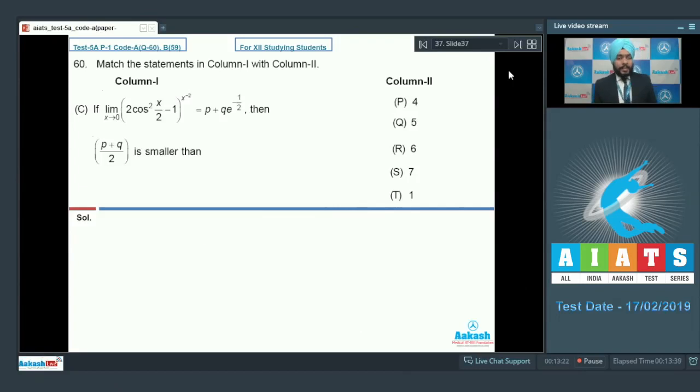C part says that if limit x tends to 0, 2 cos square x by 2 minus 1 whole raised to power x raised to power minus 2, that is 1 upon x square, is equal to p plus q into e raised to power minus 1 by 2, then p plus q by 2 is smaller than. Students, if I directly put x equals 0, the number is 2 minus 1, that is 1, and the power is infinity. So 1 power infinity format, e raised to power same limit into